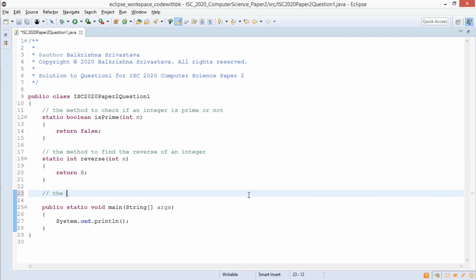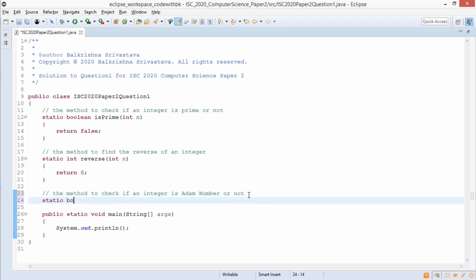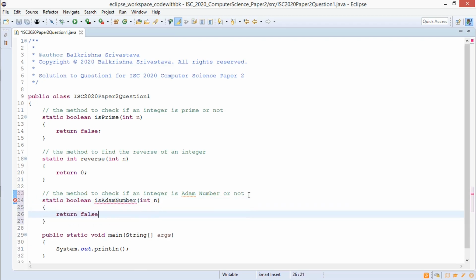Next, I'll need a method to check if a number is an Adam number or not. Static boolean isAdamNumber, int n. Okay, return false for now.